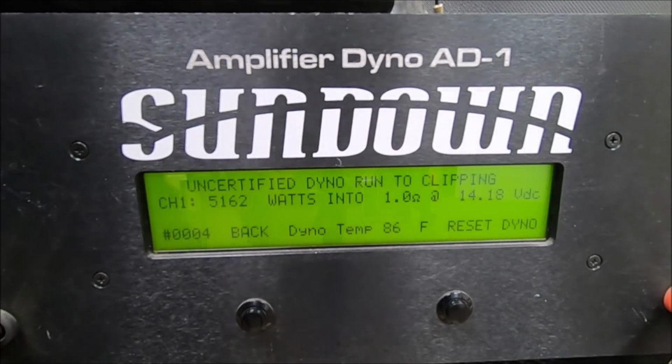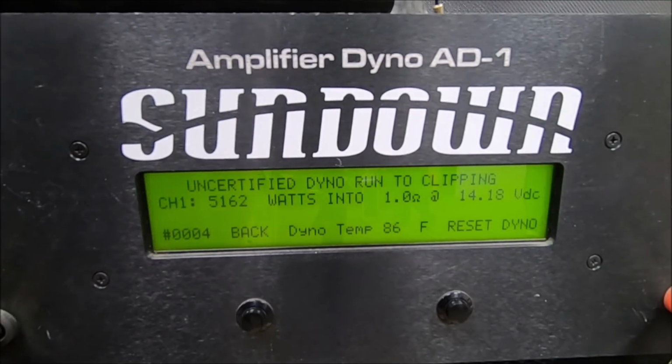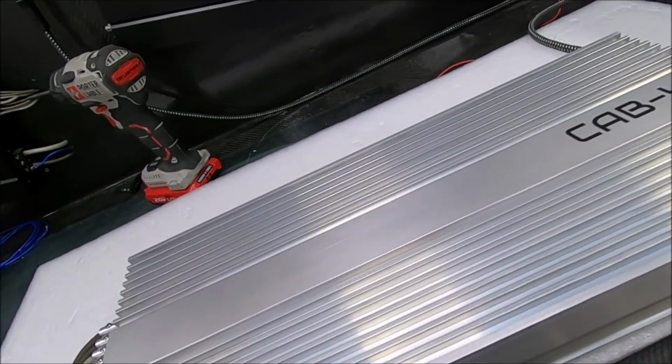We still drop voltage a little more than I like to see. 14.1 volts. Uncertified right up to clipping at 1 ohm, 5,162 watts. Killer power. So the way most people are going to tune their stuff right up to that clipping point, over 5K, from that beast of an amp,